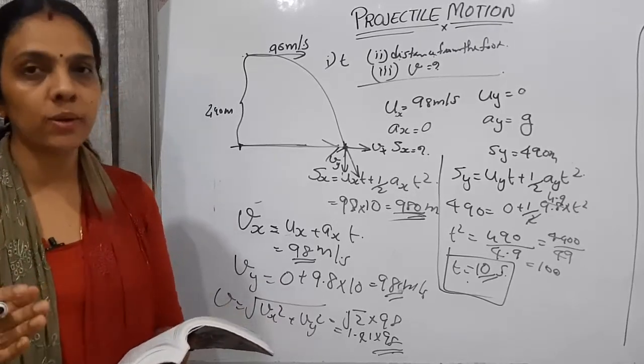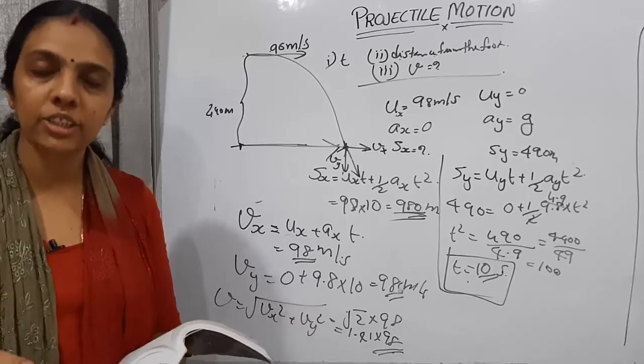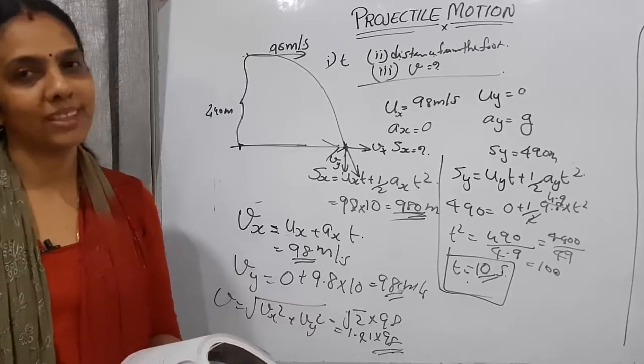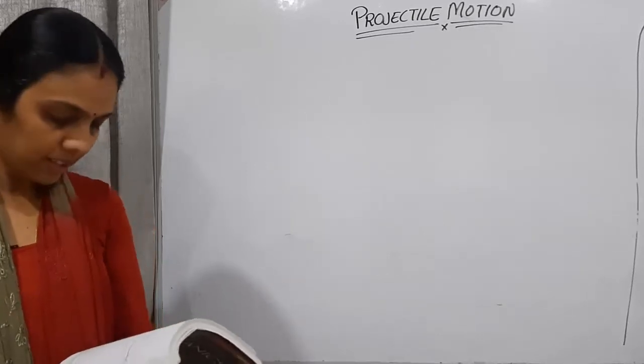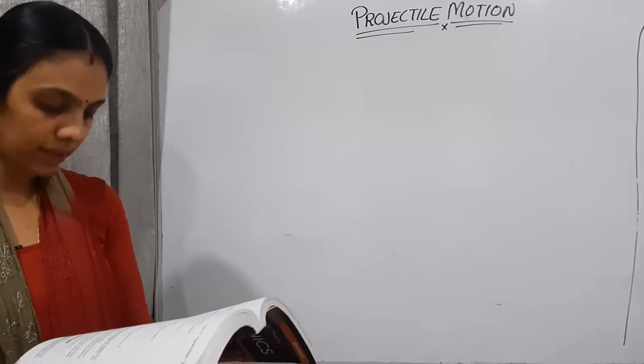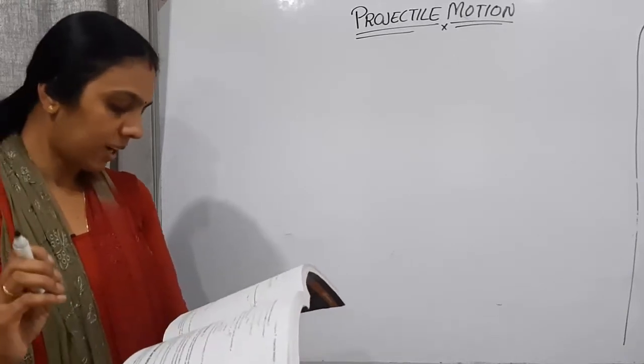If it is horizontal, we need to consider the horizontal direction. If it is vertical, we need to consider the vertical direction. Clear? Next question is, a body is thrown horizontally from the top of a tower and strikes the ground after